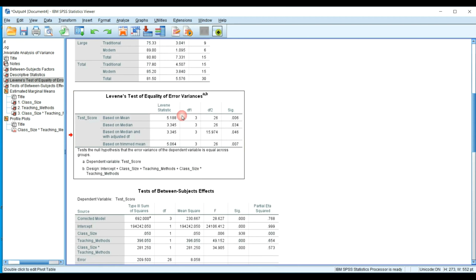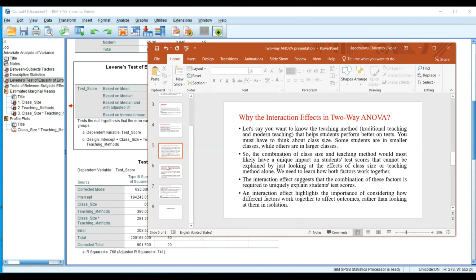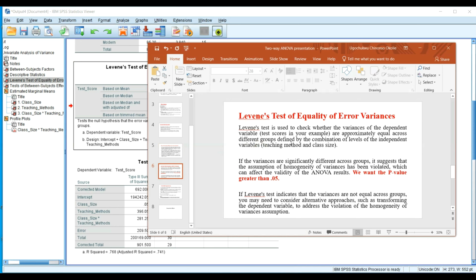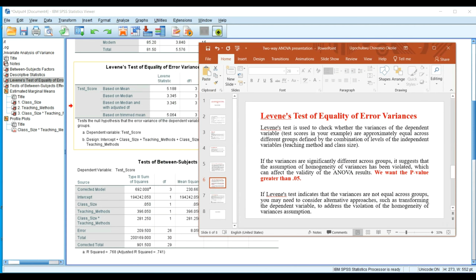Now the next part we want to go to is the Levene's test of equal variances. I have summarized the Levene's test of equal variances using the PowerPoint here to explain this concept. I said the Levene's test is used to check whether the variances of the dependent variable, in this case test scores in my own example,